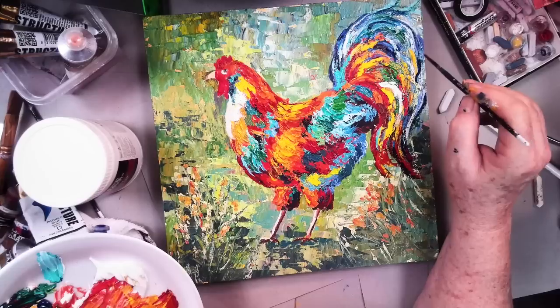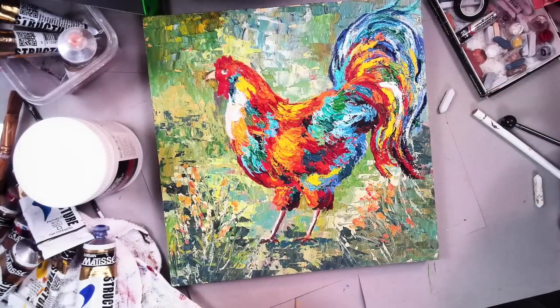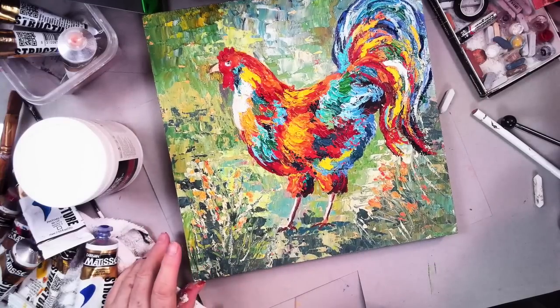Sides curving around back this way. You can see where the yellow is starting to show up. A little bit of yellow in the tail. And about the only other thing I think we want to do, which I kind of like, is I took